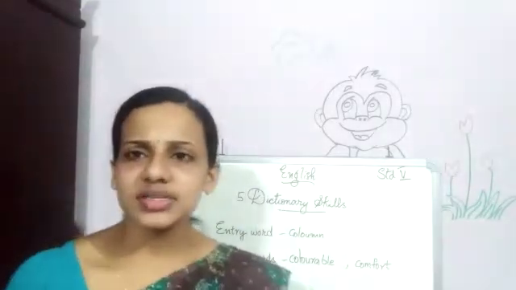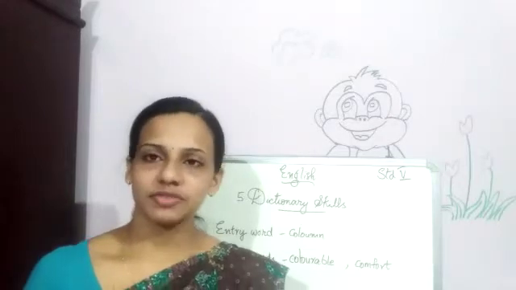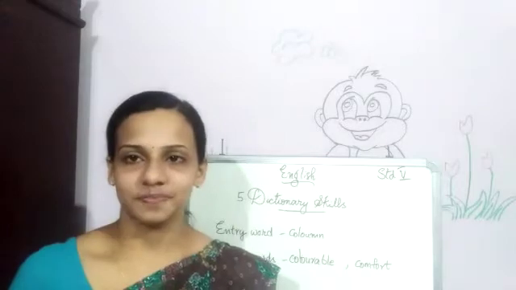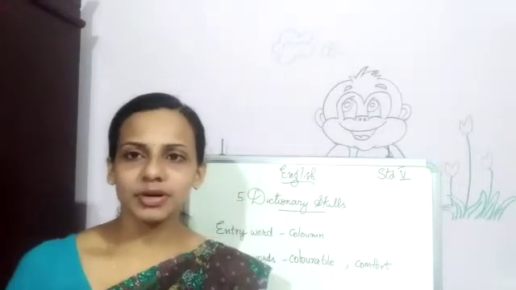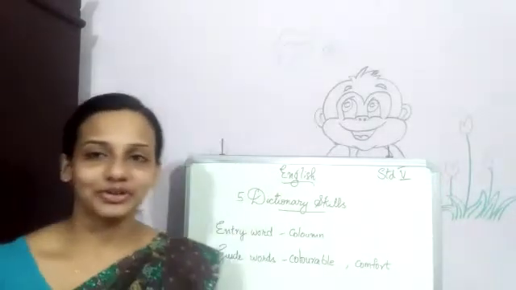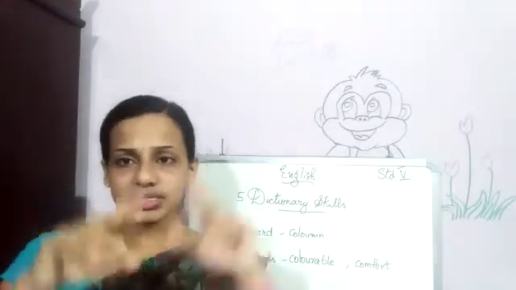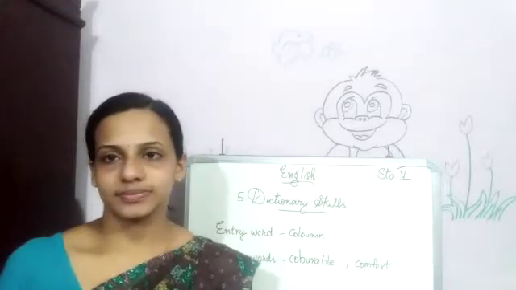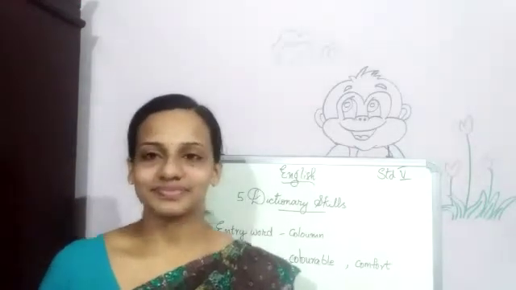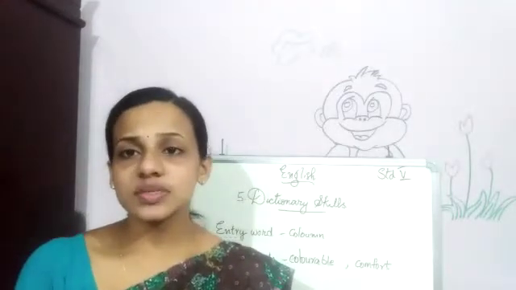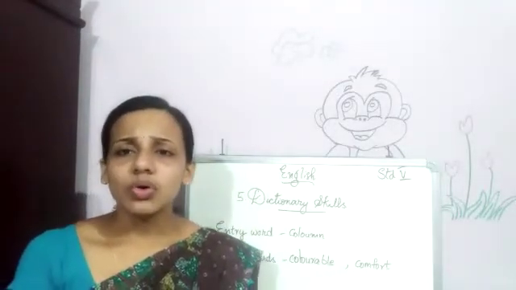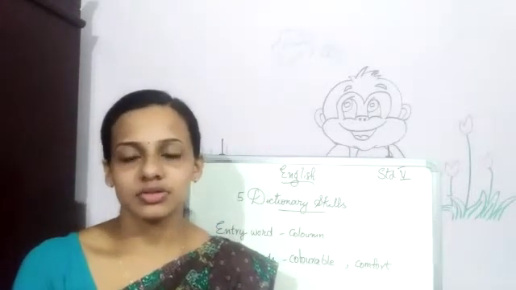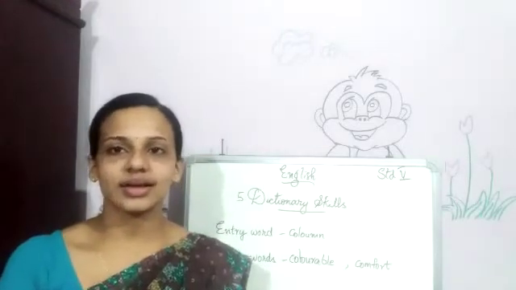So, what have we discussed in the last class? We were discussing chapter 5, Dictionary Skills. Do you remember that? Yes, okay. Very good. So, what is a dictionary? It is a giant book that contains the meanings of the words. A dictionary is a book that gives us meanings of the words, and all the words are arranged in alphabetical order. You all know that we have studied that in the last class.